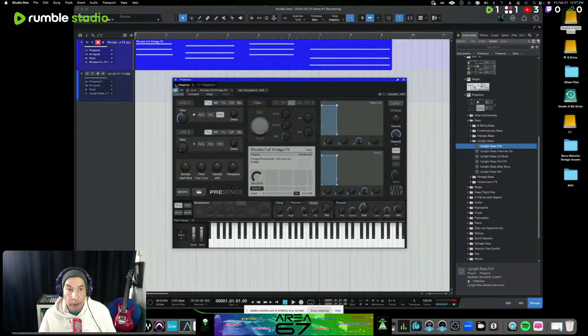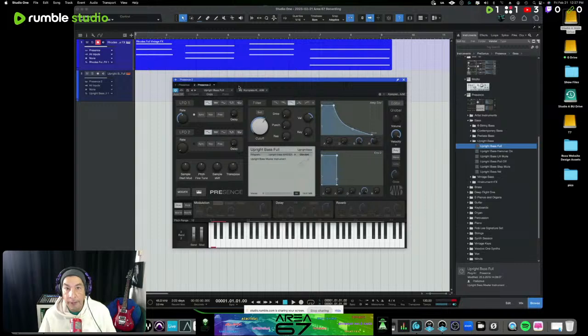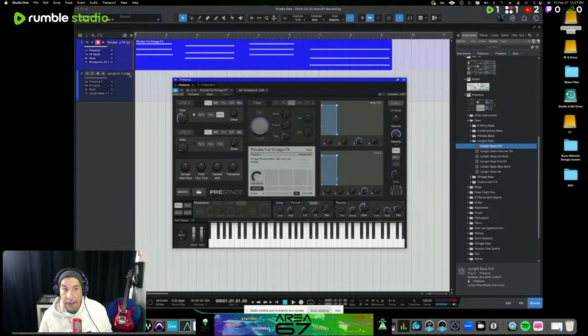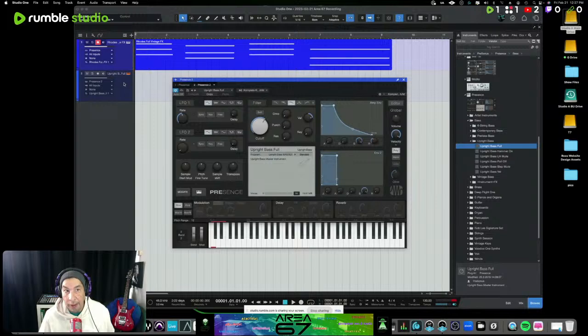Okay, so there's presence 1 and then presence 2. Every MIDI instrument will have tabs all the way across the top, depending on how many instruments you have open in your project. So you don't have to go to the track that the MIDI instrument is on, highlight the track, and then open that up. You can just find it right here. So we're wanting presence 1, which would be for track 1, and you'll see that highlighted orange. If we click on this one, it highlights the track, so you'll know that it's the correct MIDI